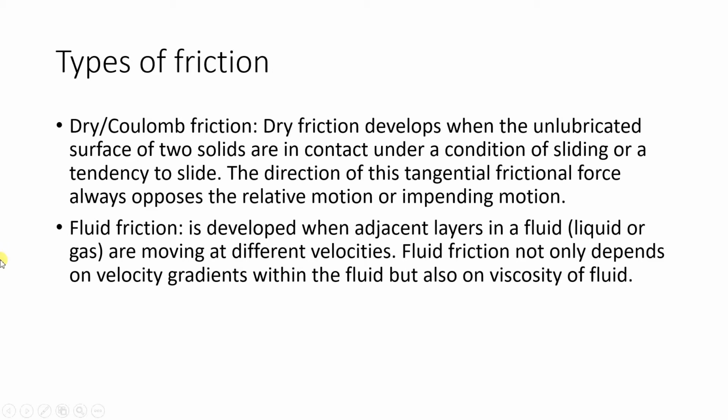Then what are the examples of fluid friction? If you consider an aircraft, it moves in air, so definitely there will be fluid friction. If you take the example of a submarine, it moves inside the water, so there will be resistance to the motion of the submarine. That is why submarines, aircraft, and even fish have an aerodynamic shape, so that they can overcome friction. The shape of the object is important in case of fluid friction, because of that the friction is less.